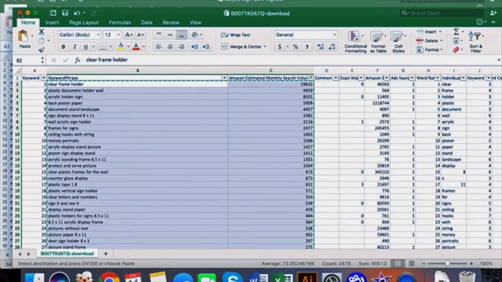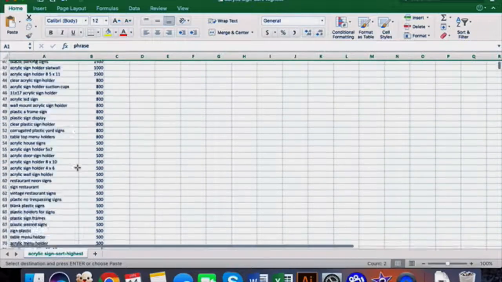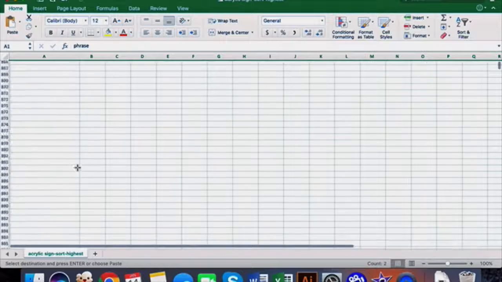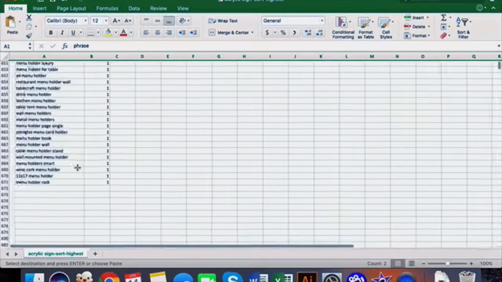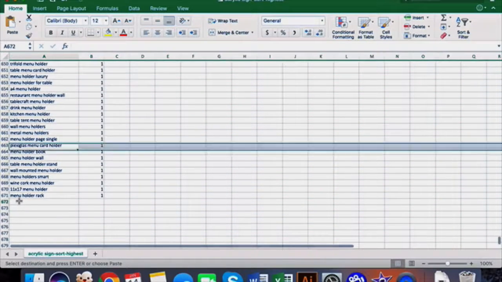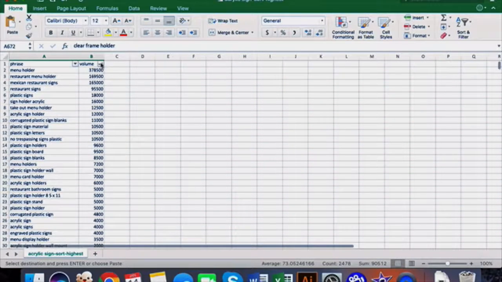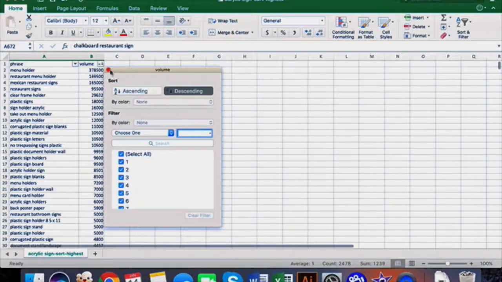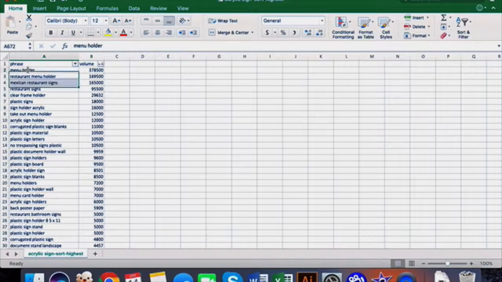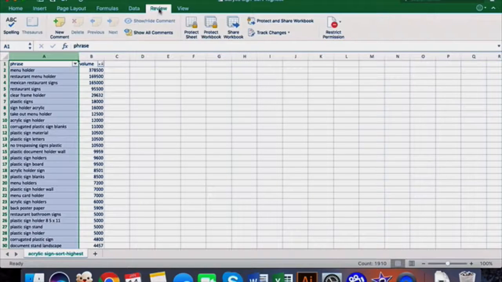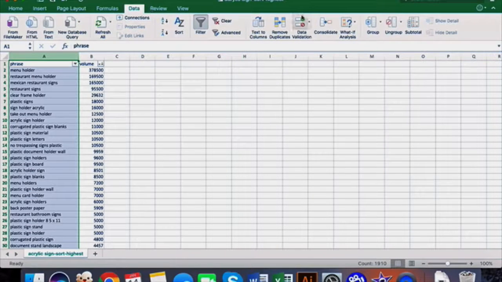Let's put this grouping at the bottom of our previously generated Excel sheet, the one we generated from Merchant Words, those 4 different Excel sheets. Then let's sort this one more time by descending. So now we have our master list, guys. The next step is to get rid of any duplicates, and in Excel this is pretty easy. We just head over to Data,